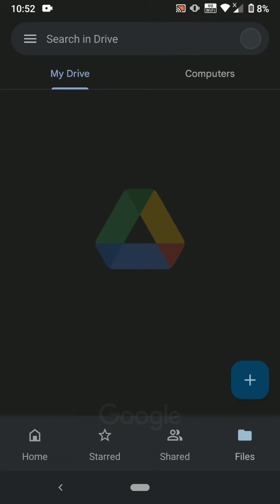See how to use Google Drive, which is used as a cloud platform to store our data. So for that, what we need to do is install Google Drive on our device first. Now I have already installed Google Drive on my device from the Play Store,